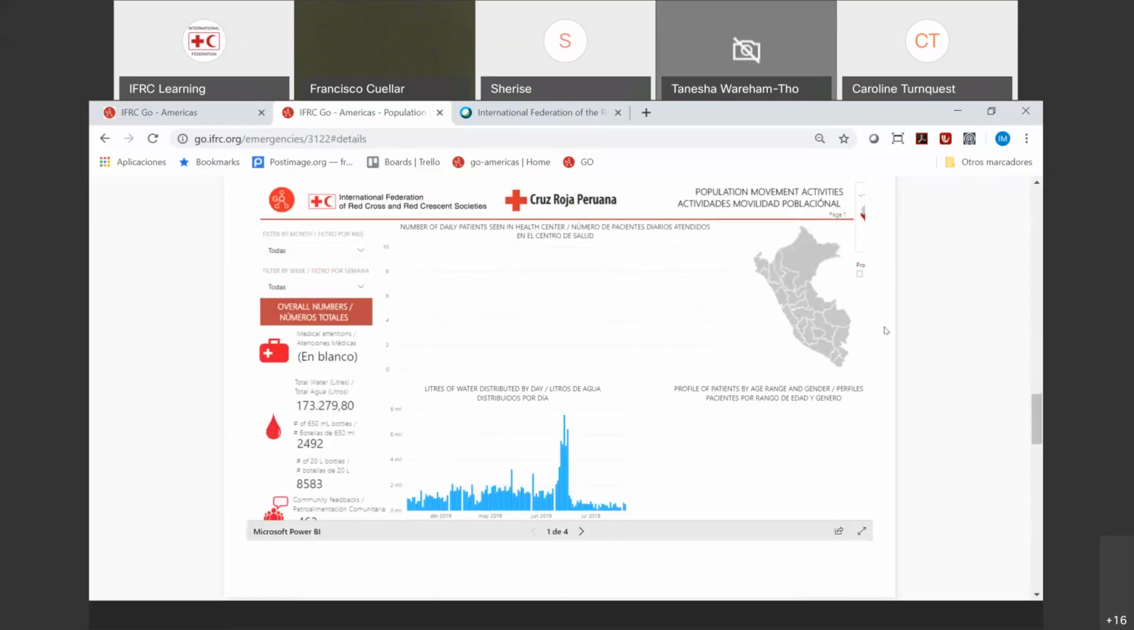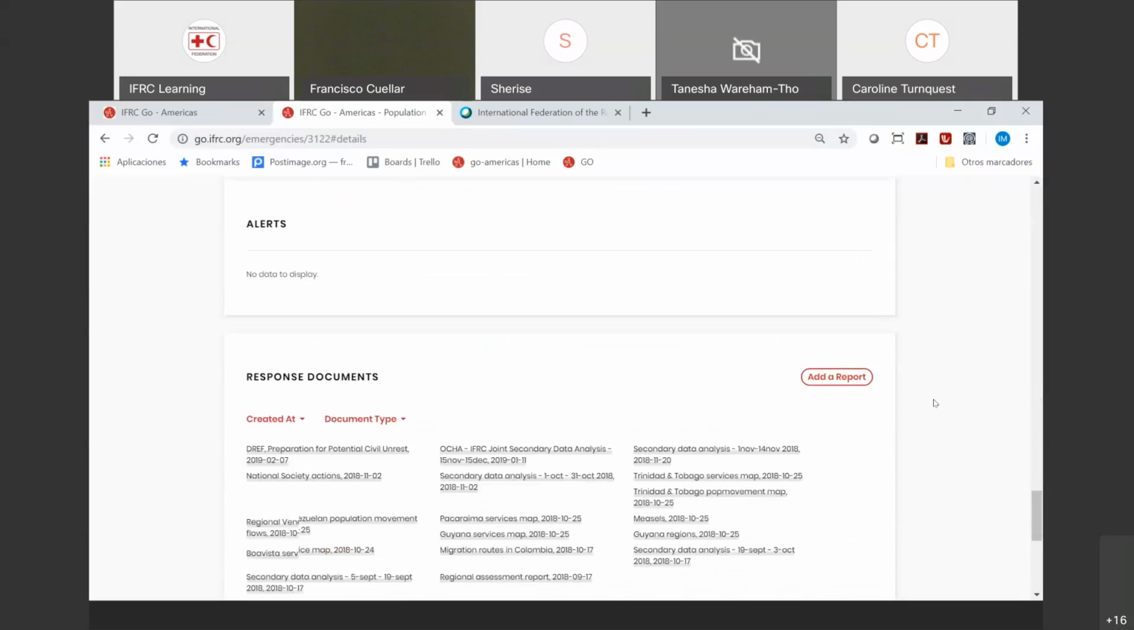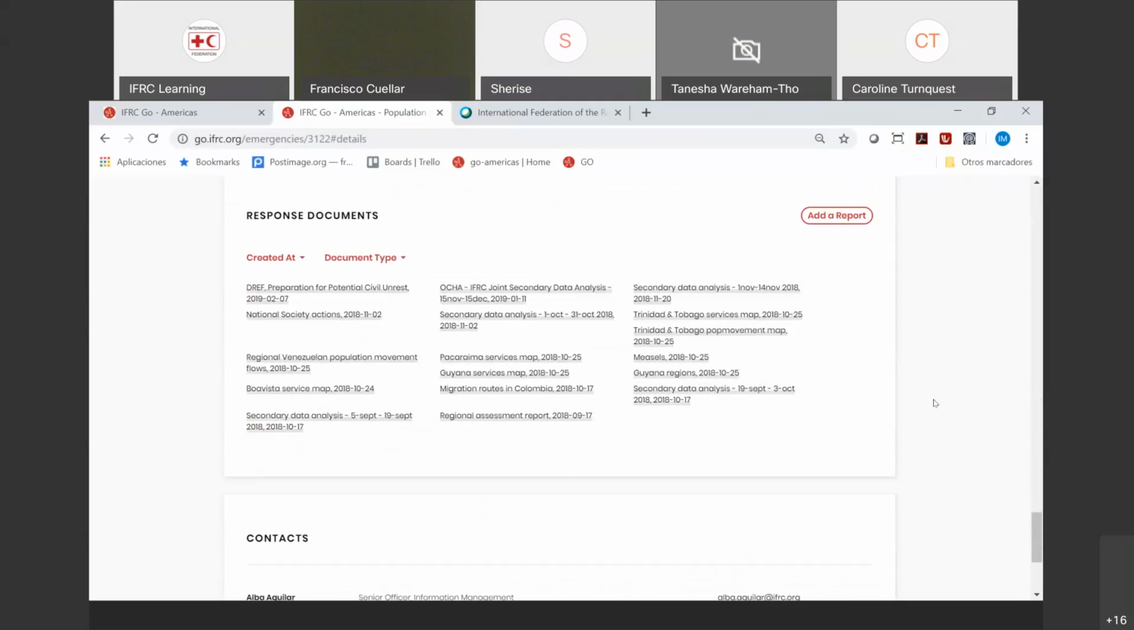And a dashboard made for the Peruvian Red Cross to monitor the activities. It's also being collected using ODK and Kobo and goes straight to a dashboard, and it collects the data. There's a dashboard that processes the data and shows it in real time. Okay, and there's also a response document section. For example, drafts, analysis documents, maps, or any other information products. Okay,